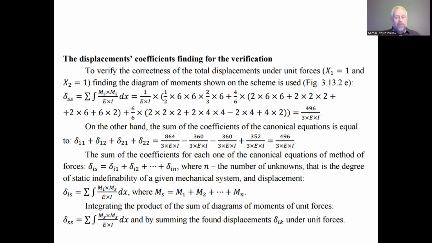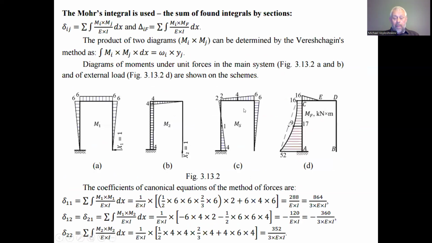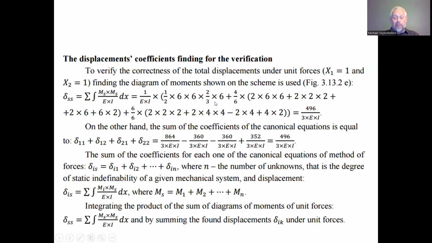And we do this using the total unit force diagram. So consider this diagram. First of all, we consider that we have the summands. One summand for this one, this trapezoid, this is a twisted trapezoid. For the first, we have 6 by 6 by 1, 2 part is the area of the diagram bending moment